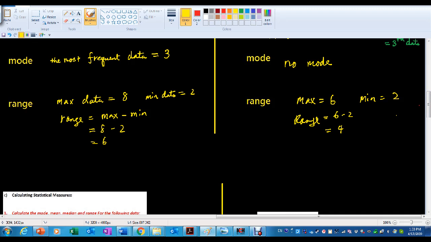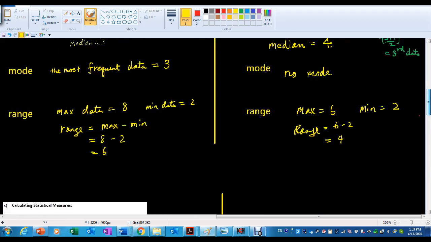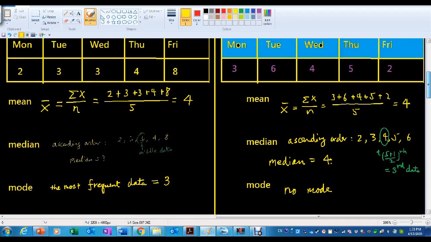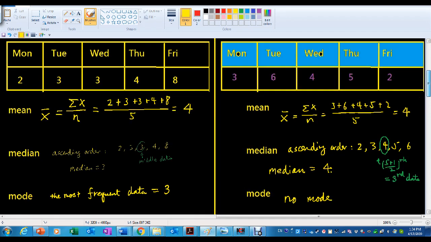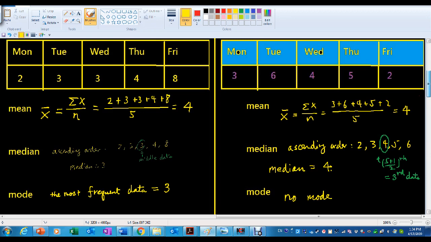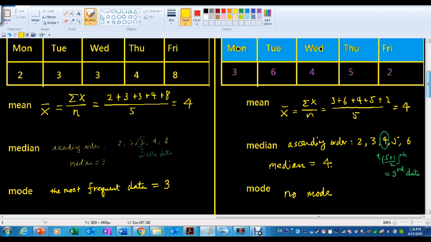The greater the spread, the lower the degree of centralization. All right, so there are two examples. I tried to convince you that we need more than one measure,